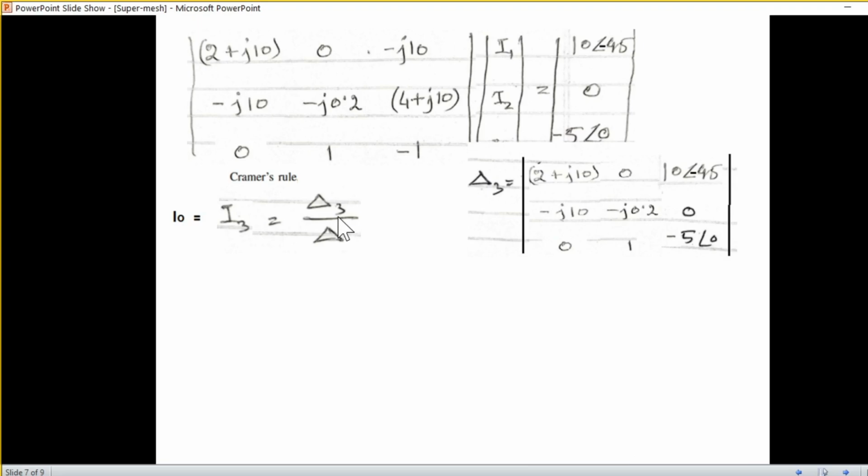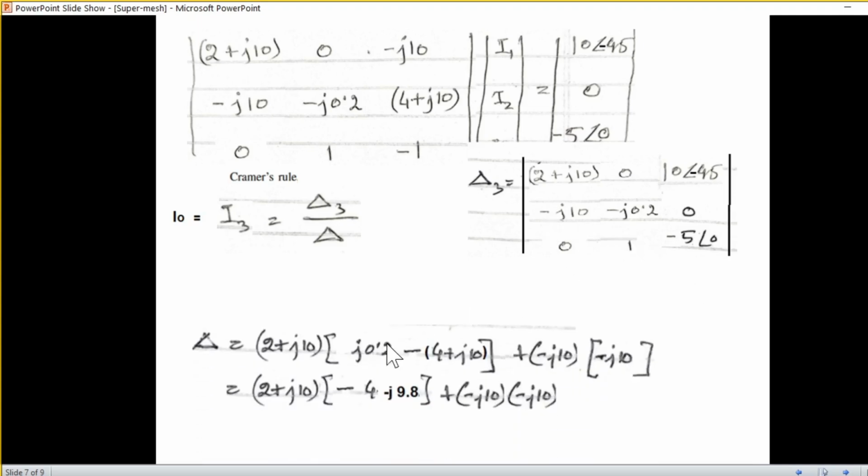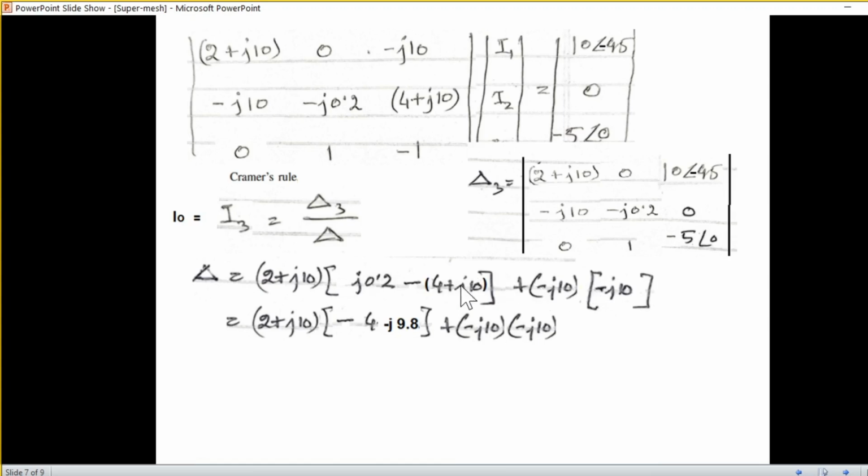So what is delta and what is delta 3? This part is delta, and for delta 3 we replace the third column by the output. We have replaced the third column by the output, so this is delta 3. Now we can write the equations from here. We take 2 plus J10 and cross multiply these two. Similarly, this is 0, so we ignore that, then minus J10 and cross multiply these two. And simplifying,